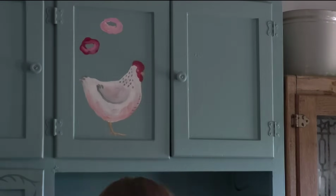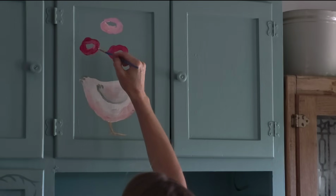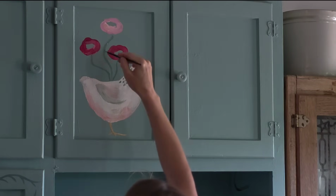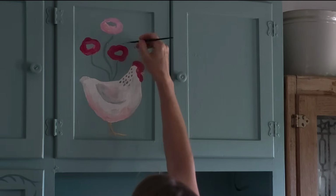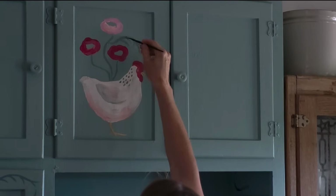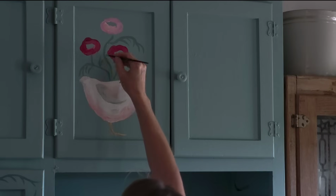And I thought, well, maybe that's really boring of me, but I think we just have certain things that we really love, and hens and poppies for me are just something that I think I will always love. Maybe there will come a point when something else replaces them, but I felt pretty secure in thinking that I would enjoy this for quite a few years. So this was a way that I could bring my poppies, which only last about a month in my garden because the heat by now is too extreme for them. So now I have poppies in my kitchen all year round,